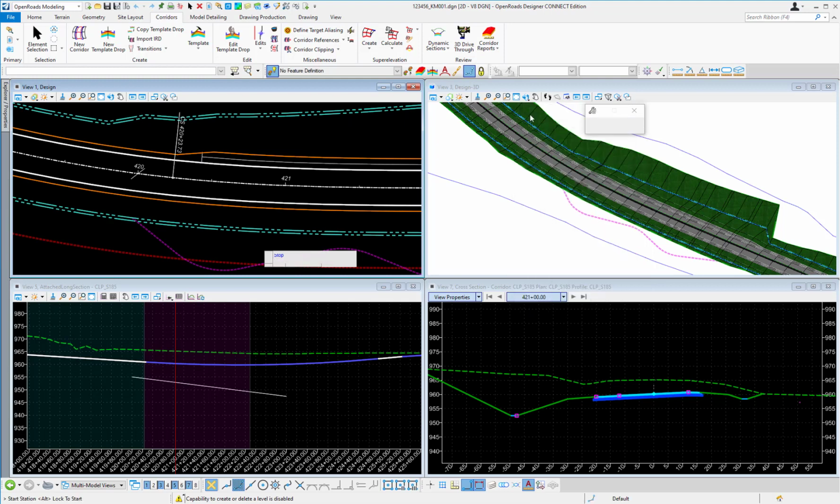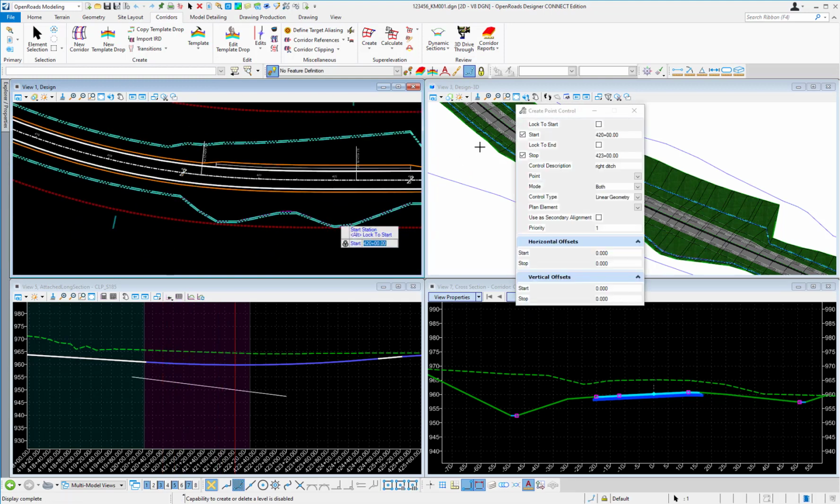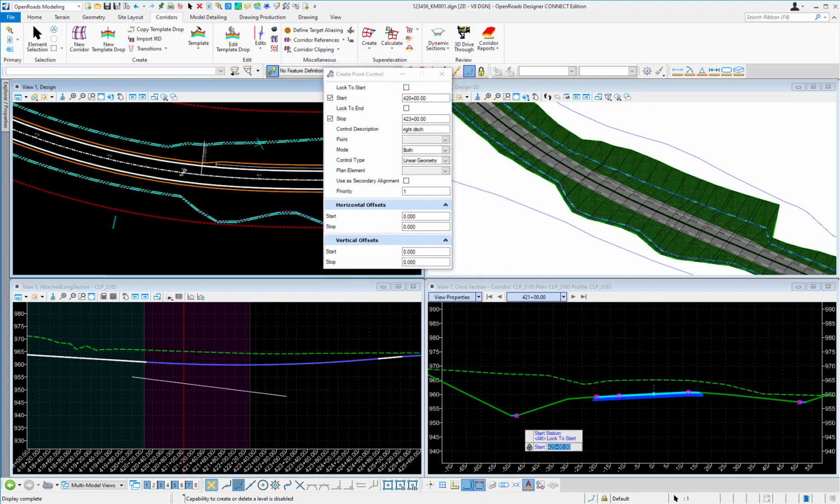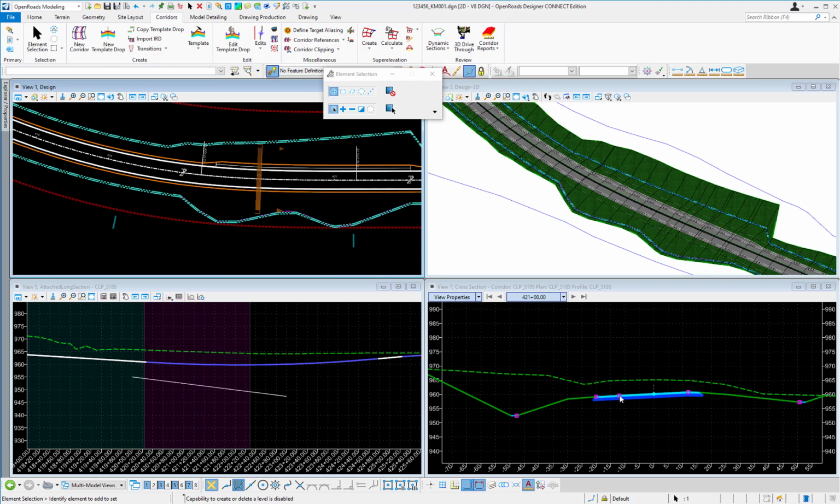So when we do that, you see that my ditch is now adjusted to follow both that geometry horizontally and vertically. Now, let's take a look at the cross-section view. You may have noticed when we started that I had these two pink boxes for these two edge of pavement points. Point controls are represented by these boxes, and before we even started, I already had super elevation applied to this corridor,